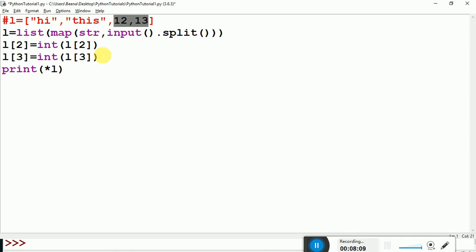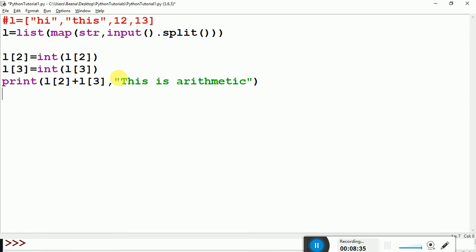So L of 2 and L of 3 would be, we are converting it into integer format, and then we can simply add this. Just check it out. Print L of 2 plus L of 3. Over here arithmetic addition would be done. This is arithmetic because I have converted the input into the integer format,